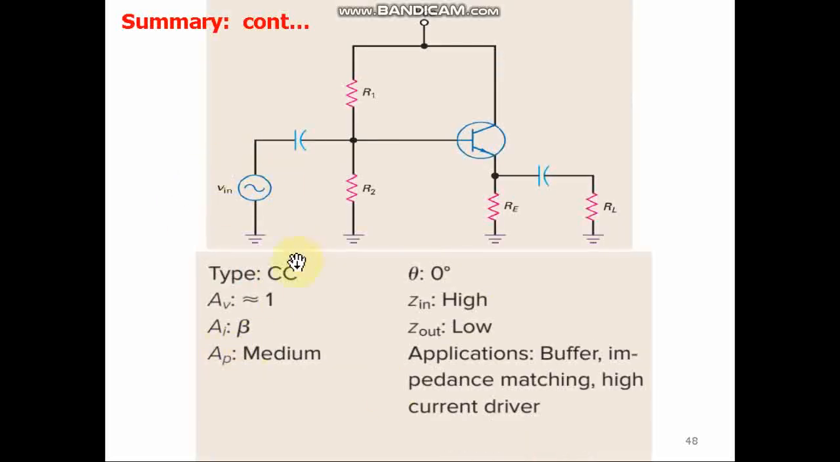Second one is the common collector amplifier. We know its voltage gain is almost 1, but it has a high current gain. So your power gain will be medium. Theta is 0, input voltage and output voltage are in phase. For the CC amplifier, we know that it has a high input impedance but low output impedance. We can use it as a buffer or for impedance matching. Impedance matching we have seen in CE and CC cascading connection, and it can be used as a high current driver because of the high current